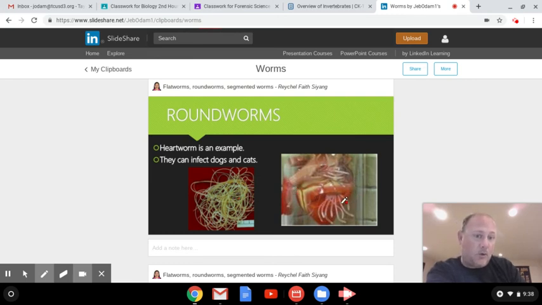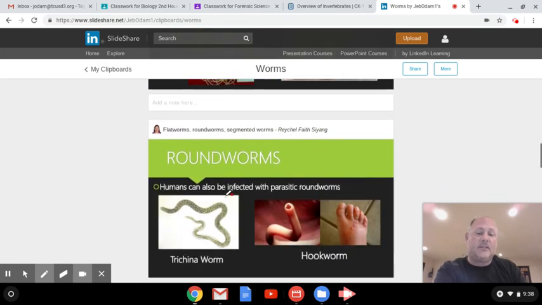Okay, and these are the heartworms that are living in the heart. Literally, they're attached to the heart. They clog up the arteries. They clog up the valves. And eventually, the dog will die of heart attack, essentially, because of these heartworms. Okay, these are all parasitic nematodes, and there's too many to really talk about.